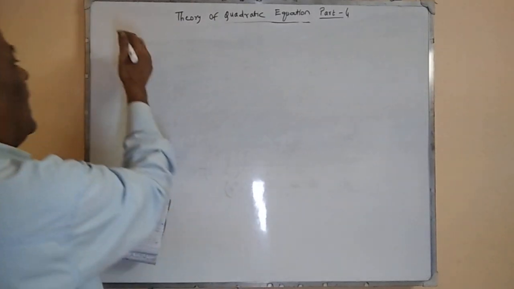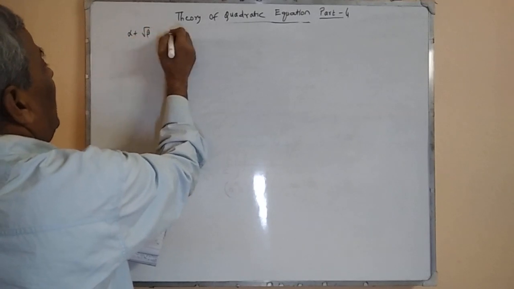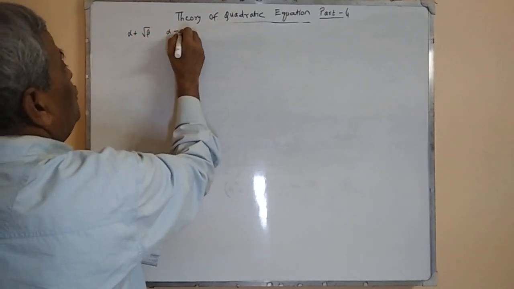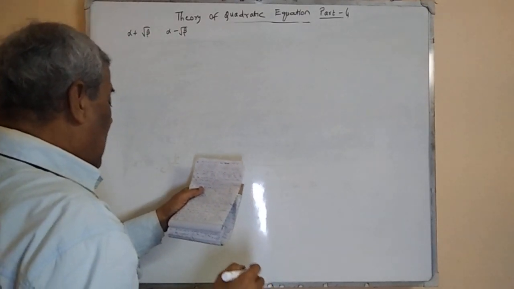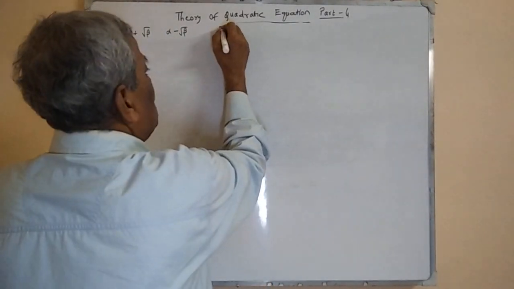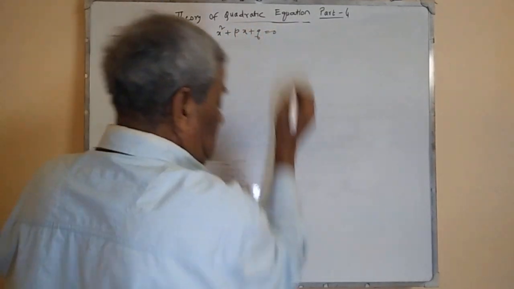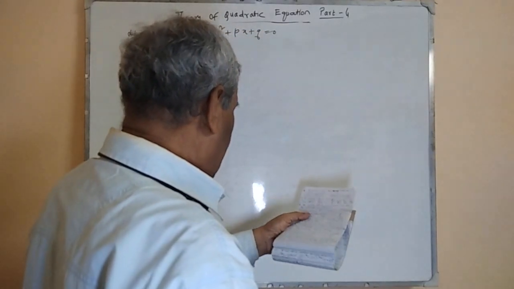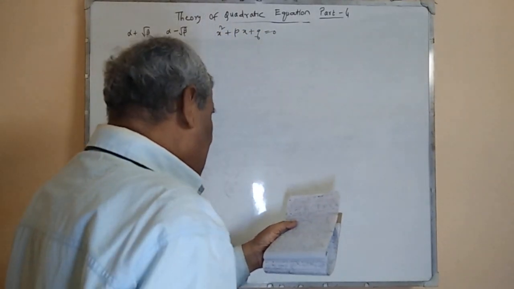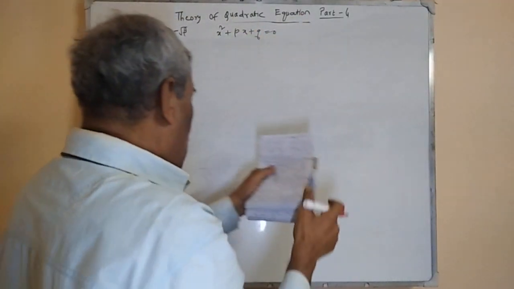If alpha plus root beta and alpha minus root beta are roots of x square plus px plus q is equal to 0, where alpha, beta, p, q are all real,